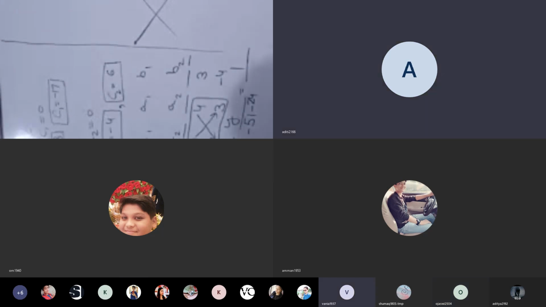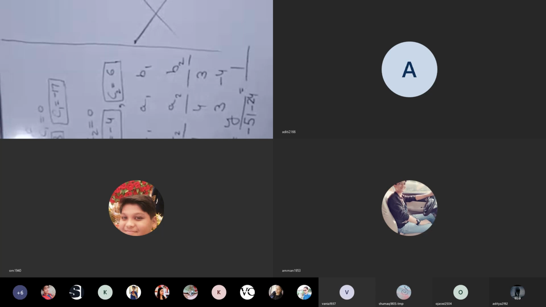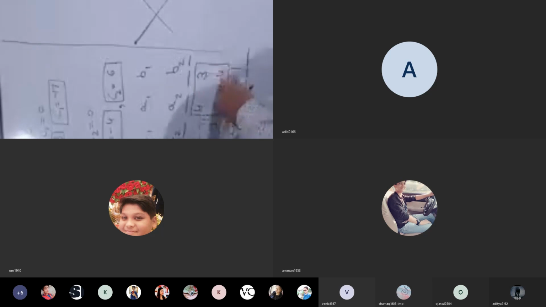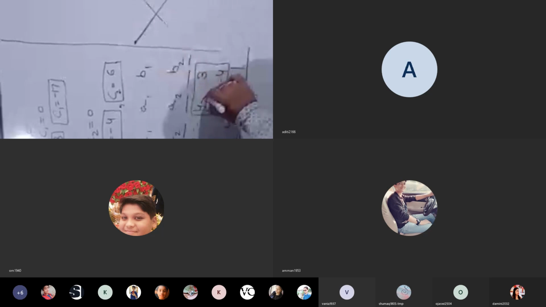Now again we will leave the second number. In the previous step we had left this one, now we will leave this one and take the next two numbers. These two numbers we have to take and cross multiply, as I had told you, we make a cross in the same way. This number into this number, 4 into -4, the answer will be -16, then you have to put the minus sign by yourself.